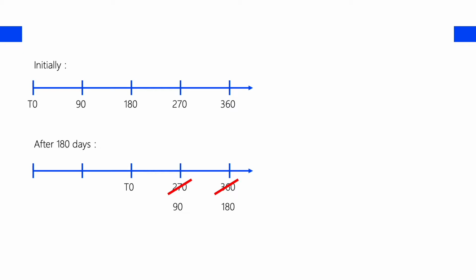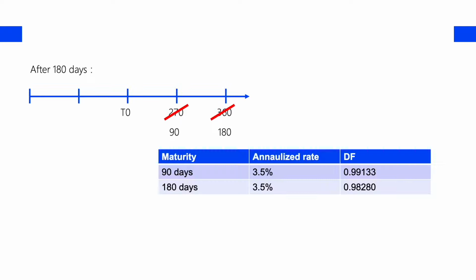So what do we have left? Immediately after that 180-day settlement, we had this payment due after 270 days, now 180 days have passed, making that due in 90 days, and we have this settlement, the one due in 360 days, now is due in 180. So I've got two remaining settlement dates, 90 and 180 days away. Once again, we've given you the right rates to use, which is nice in the exam. Expect to have a whole term structure there and have to pick out that 90 and 180-day rate to get